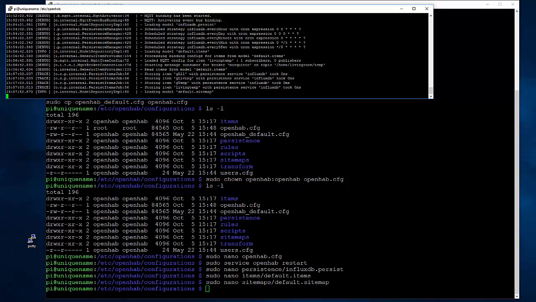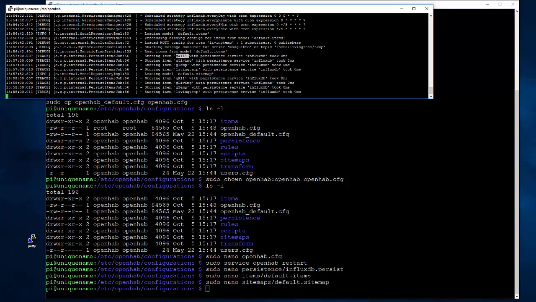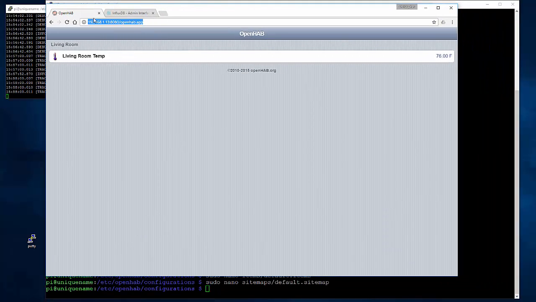And you can see storing these items, group all, group living temp, living temp, to the InfluxDB took 0 milliseconds. Basically, that means that it didn't store anything if it's 0. I'm going to open up a web page now and navigate to that. This is going to be the address,